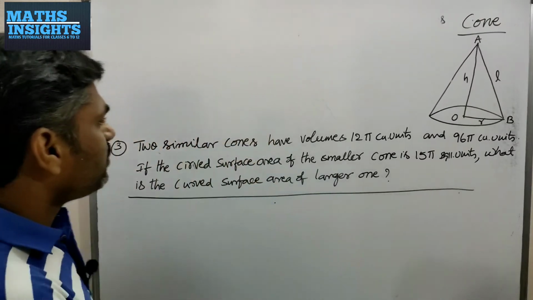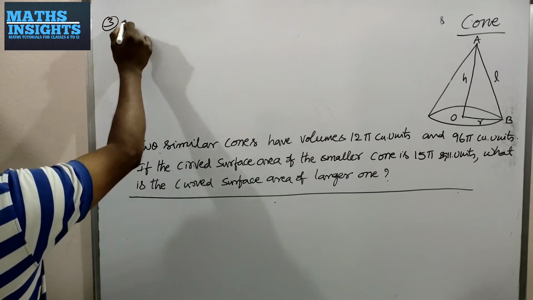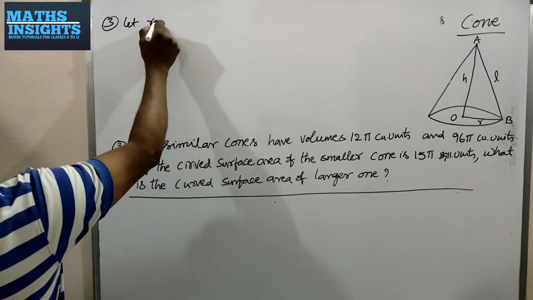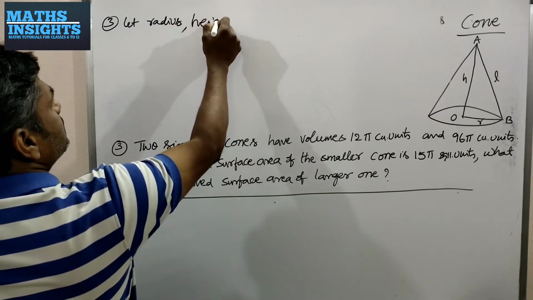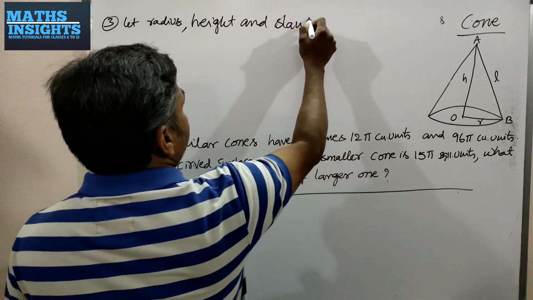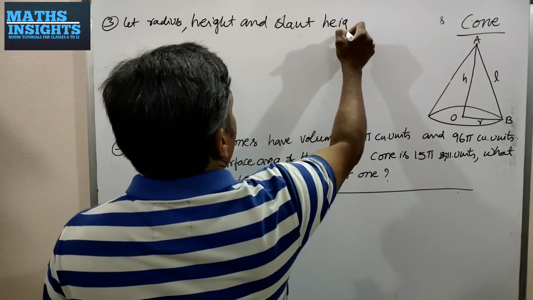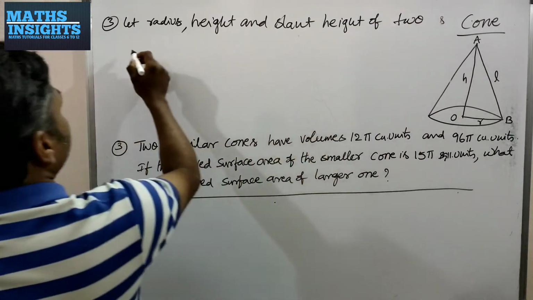Okay, I am assuming this is problem number 3. Let radius, height and slant height of two similar cones